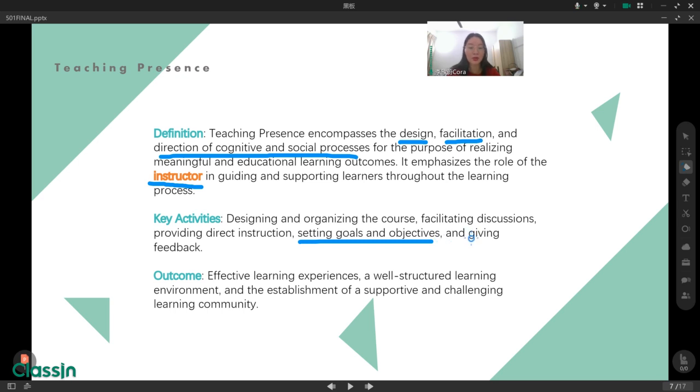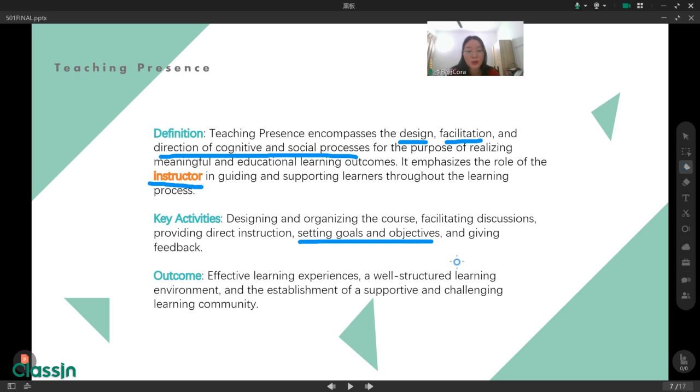For example, today's topic, we have three objectives. First one is to know something about COI. Second one is know something about flipped learning classroom. Third one is application. And also for all kinds of course, instructor help all the learners to set goals and objectives in order to make them be clear to learn what they will learn in the course.